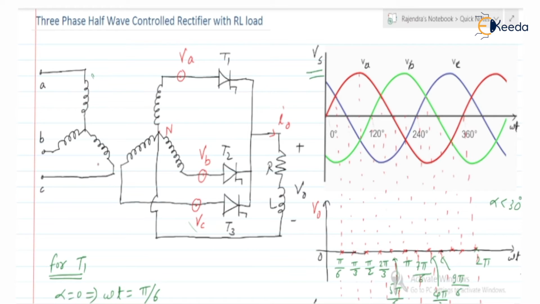It consists of the three-phase transformer. The primary winding of the transformer may be star connected or delta connected, but the secondary should be connected in star only, because for this circuitry we require a three-phase four-wire supply. The fourth wire is possible only in the case of star connection, so that's why the secondary should be connected in star only.